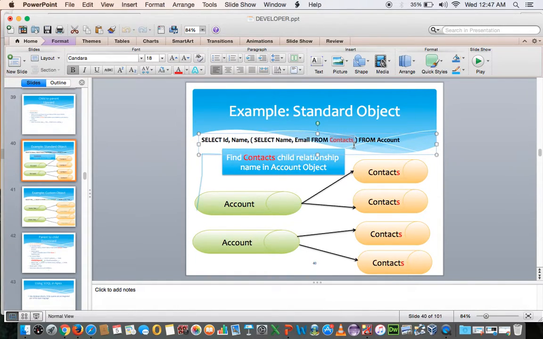And here, keep in mind this thing, this is a relationship name which is in plural. It's common sense that if we are going from parent to child, it is obvious that we are going to get many contacts. So in the same way it is a plural form, which is contacts. Now if we see